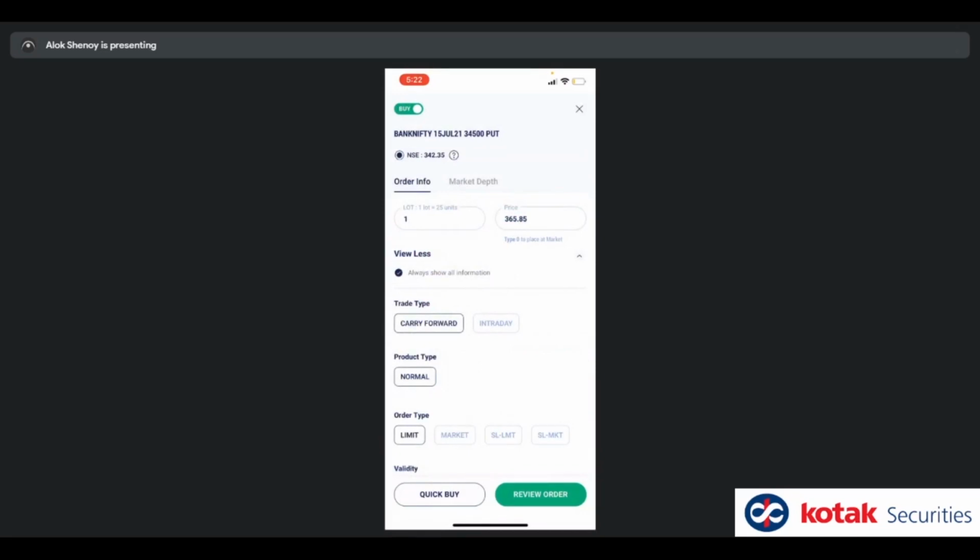Lot size is mentioned on top where the quantity field is saying one lot is 25 units. At present, you will notice that we've not provided margin required. In the next few days, we are providing margin required in some format over here, either as a list of margin we are facilitating, or we'll provide a calculator, or we'll provide the data. It's something we're working on in the background. And you can place a trade from this, right?